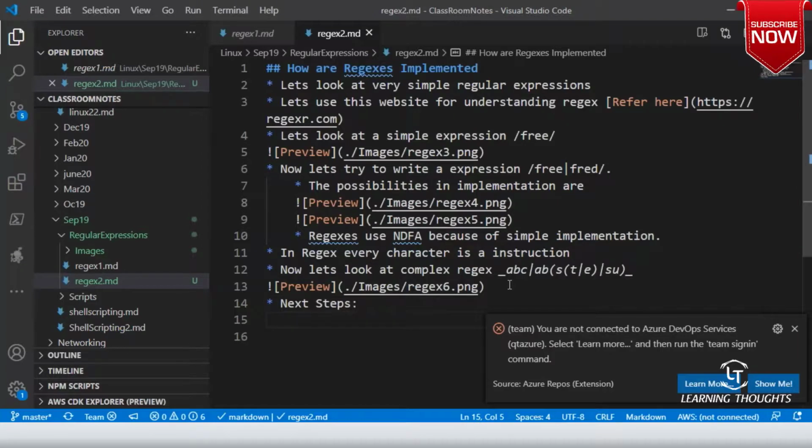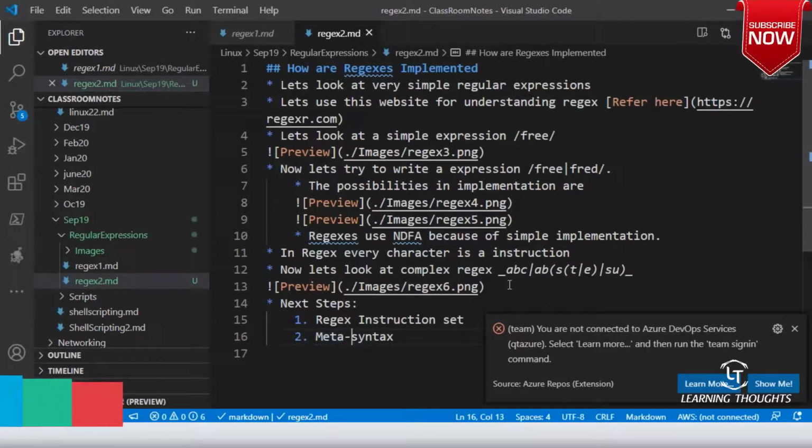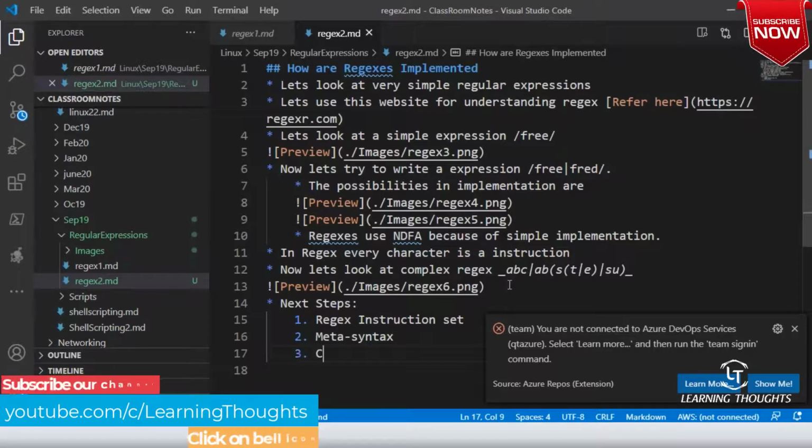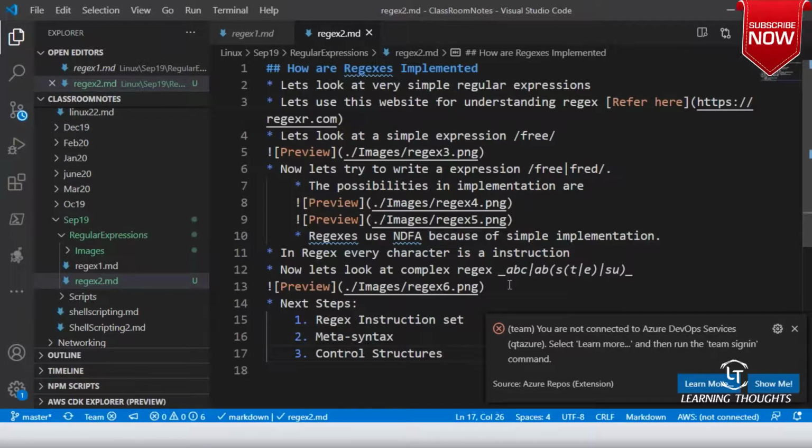Our next steps are to understand what a regex instruction set is, what meta syntax is, and then control structures where you can write conditions. You can write loops and conditions over here.